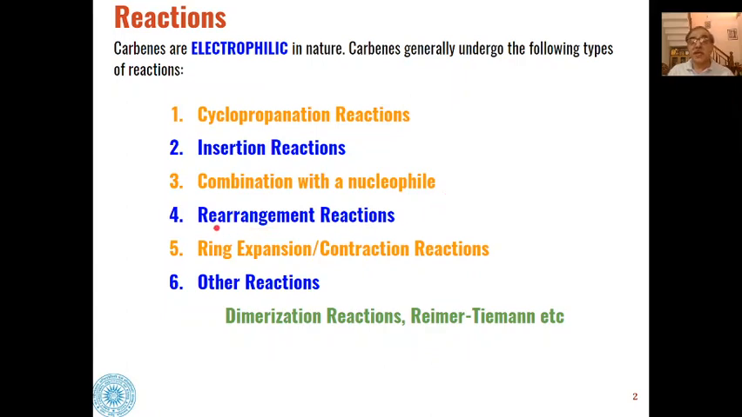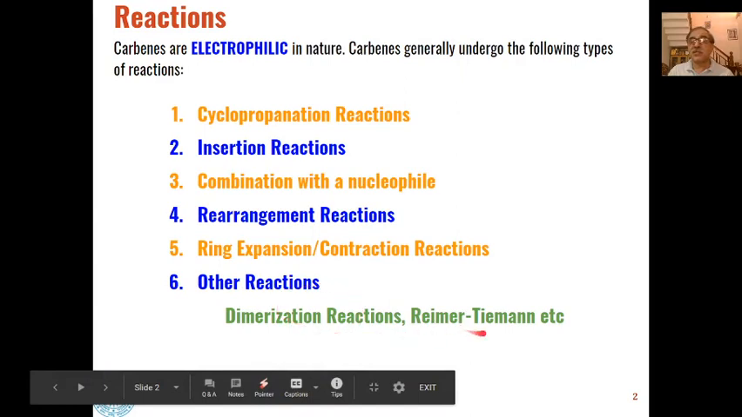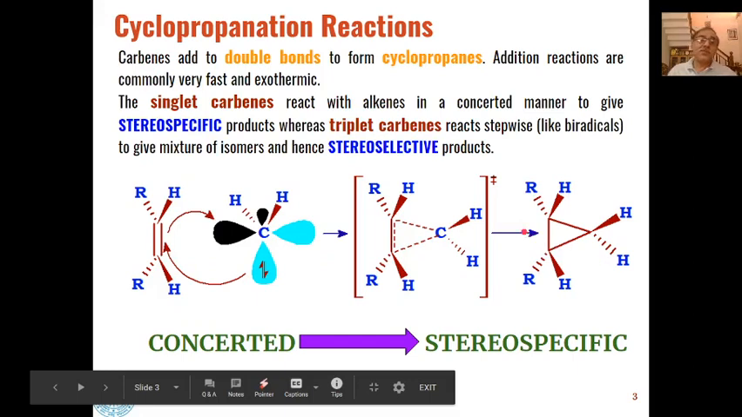Then, they can also undergo rearrangement reactions, ring expansion or ring contraction reactions, and then some other reactions like dimerization reactions or the Reimer reaction, which is a common example of carbene reactions. And the first is